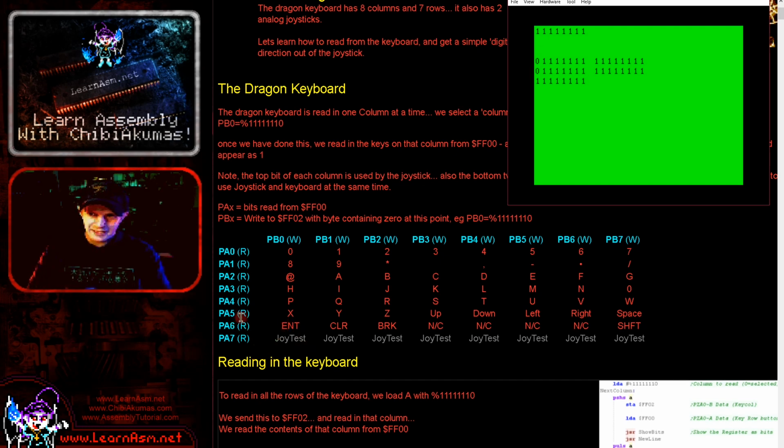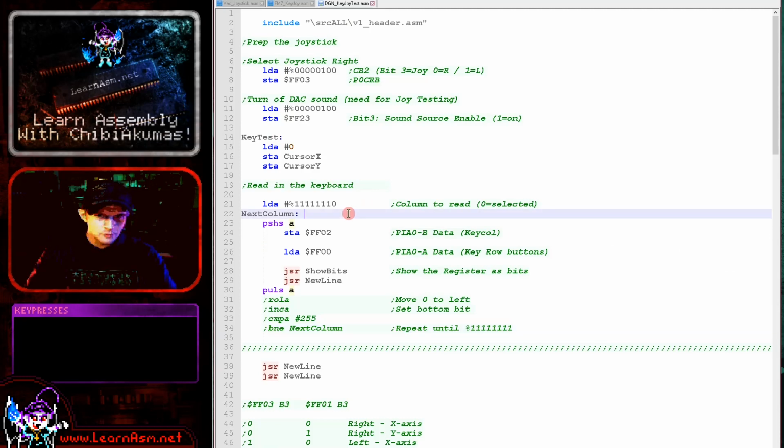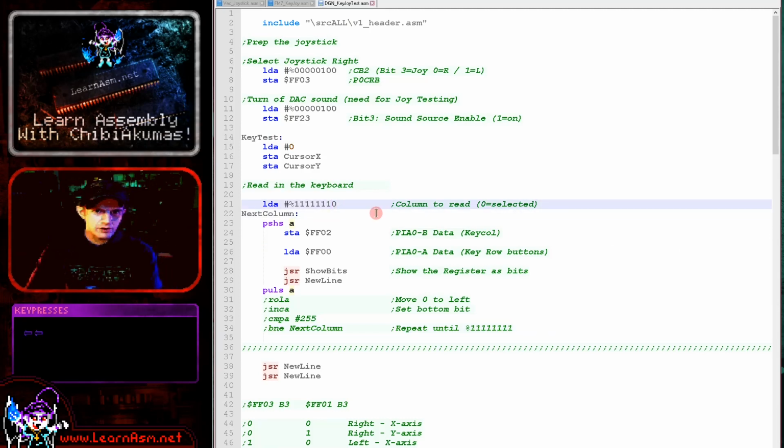So we're actually only getting 7 rows of the keyboard here with this read. There isn't an 8th row. So in that case, we're reading in this column here. Let's just go back over to our source code here. Well, how do we read in from column 1 rather than column 0? Well, we move the 0 across 1 here, and if we run this again,